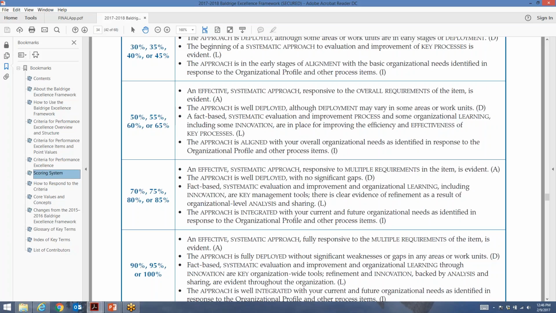Okay, so they're going to find out all the truth on site, so don't lie about it in the application, but use your real estate wisely. Deployment is hard to write into an application, and don't spend a whole lot of application real estate trying to address it. Give enough that it looks like you've at least mentioned it. If you leave it out completely, well, now I don't have anything to go on. I can assume, but now we're going to get into an argument on our examiner team. Give me something to go on. Tell me it's well deployed, early deployment, whatever, and leave it at that. Okay? Questions about deployment?